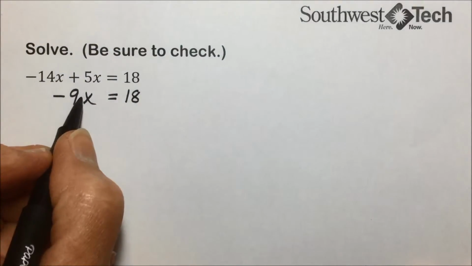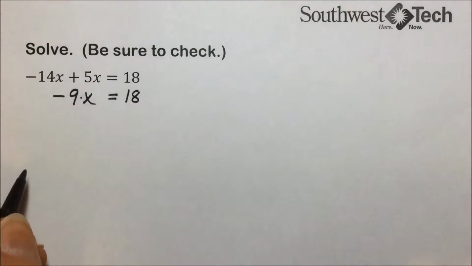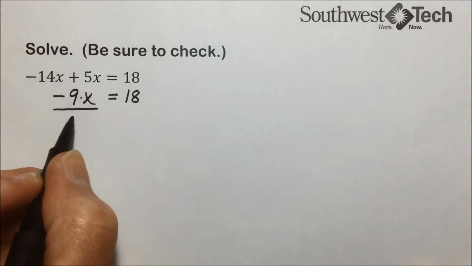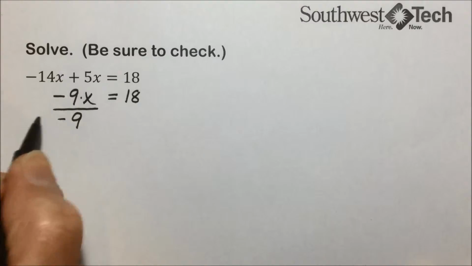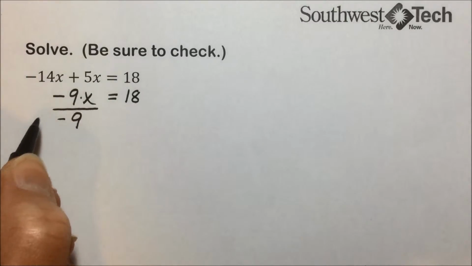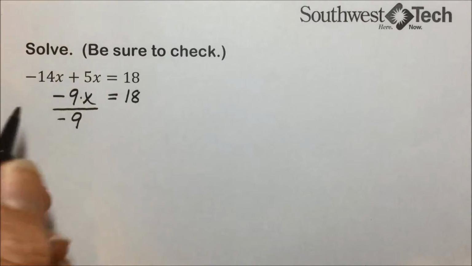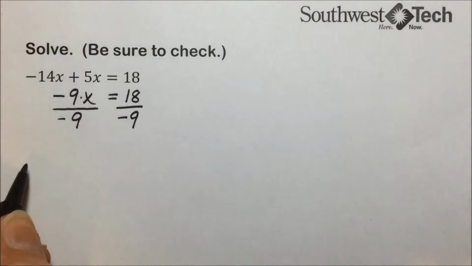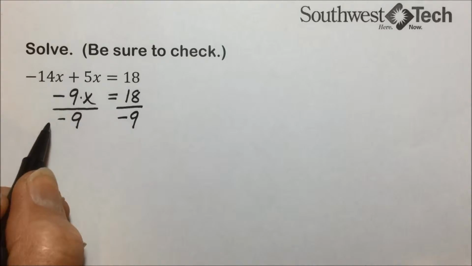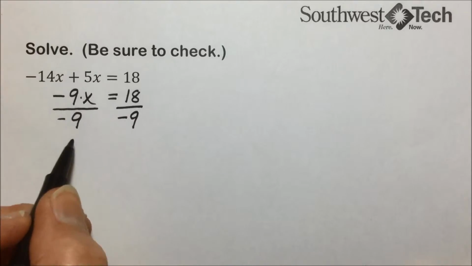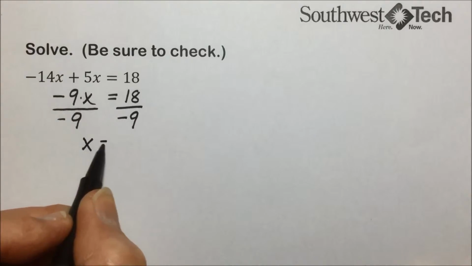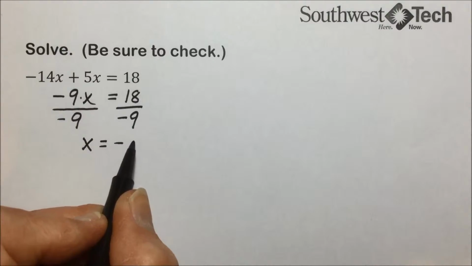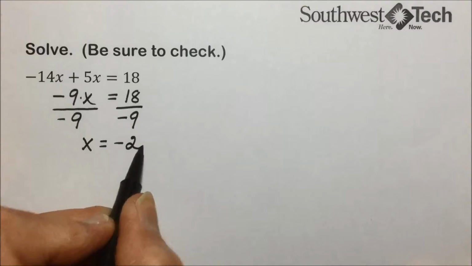And the only thing happening to the variable in this equation is it's being multiplied. To undo multiplication, we will divide not only by a 9, but a negative 9, so that the result is a positive 1 coefficient on our variable. And what we do to one side, we need to do to the other side. The negatives cancel out. 9 divided by 9 is 1. 1 times x is x. A positive divided by a negative is a negative, and 18 divided by 9 is 2.